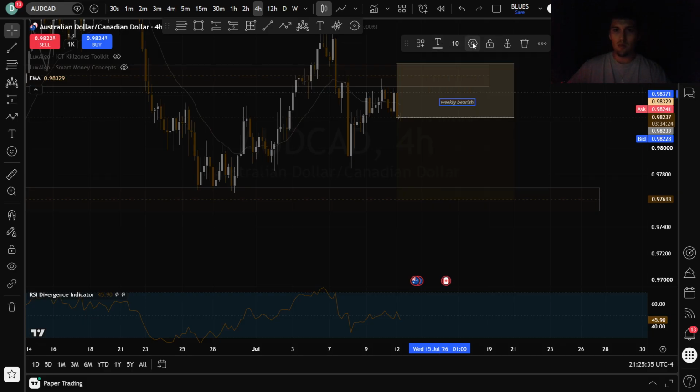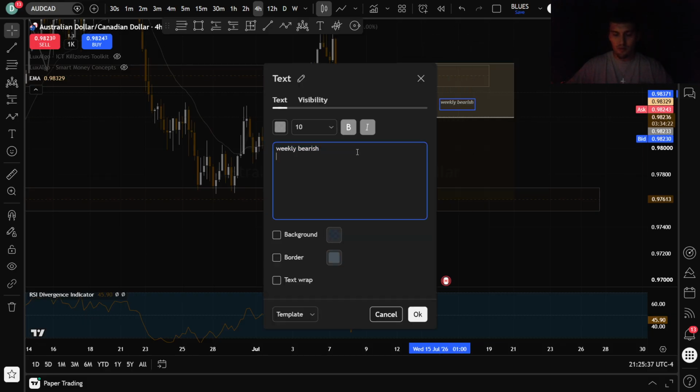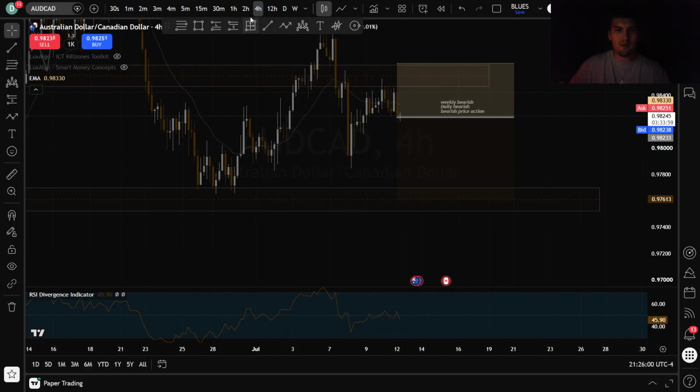So that's something that we can add to our notes as well. We do not want to take this trade live, but we would like to collect data on this trade. Our daily is also bearish, consolidating, or we can just put bearish price action, something like that. Now let's go to a 2-hour time frame to see if we're even higher on